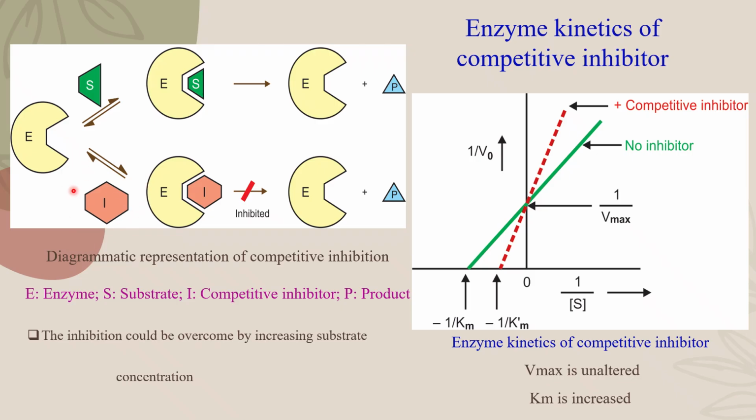So this is the inhibitor, which is like a structural analog of the actual substrate. So there is a competition between the two, and whoever can better wind up with the active site. There is a competition between the two. So if the concentration of inhibitor is more as compared to the substrate, it will predominantly wind up with the active site and block the entry of the substrate, and thereby no formation